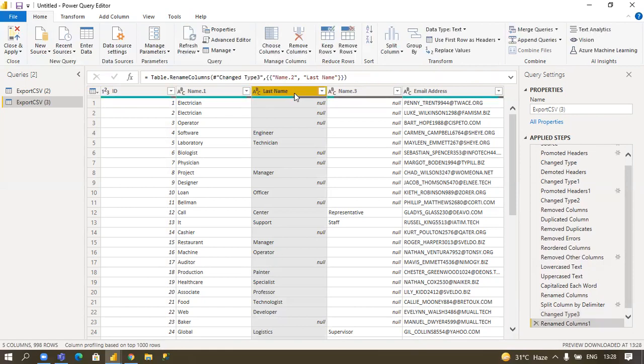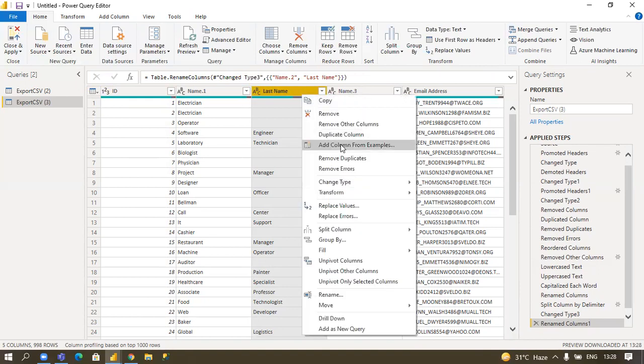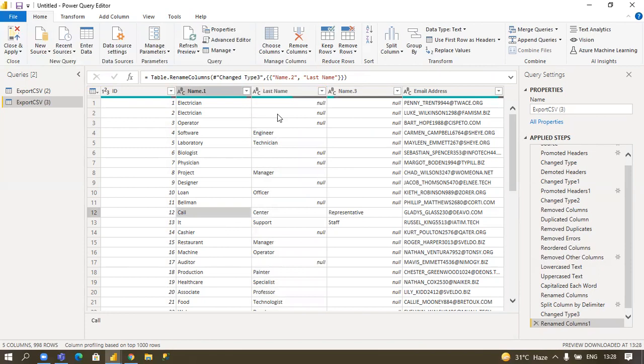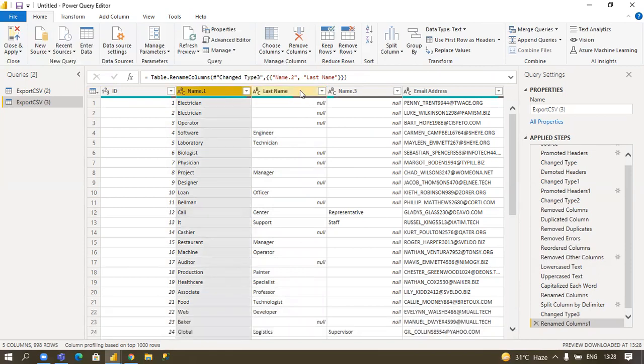The column heading name has been changed. I think I have explained almost all options, excluding unpivot column, because I will explain the unpivot option later. Till here I hope you have understood everything. If you have any doubts, please let me know.